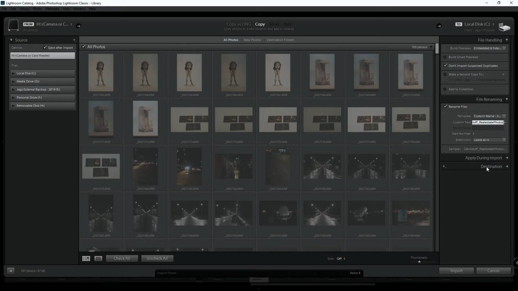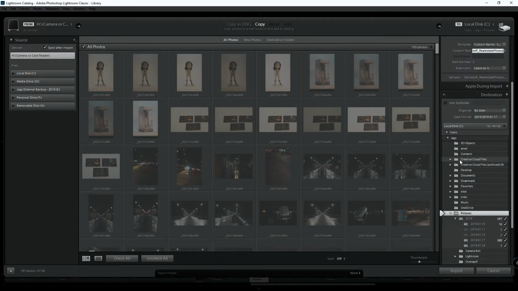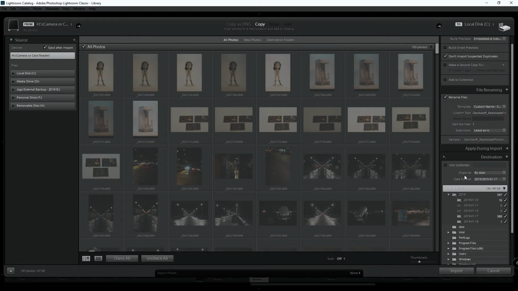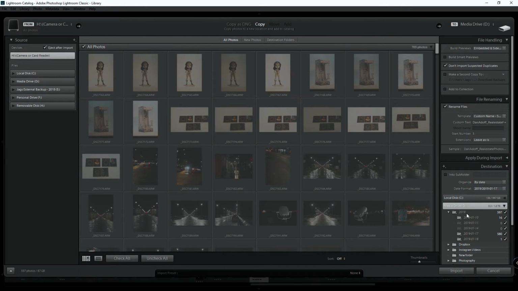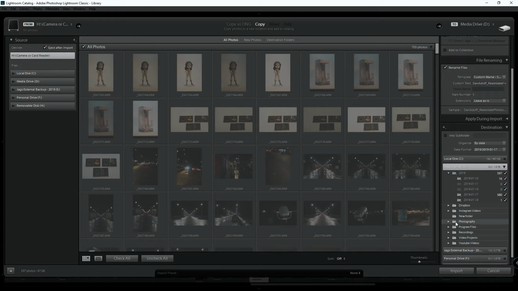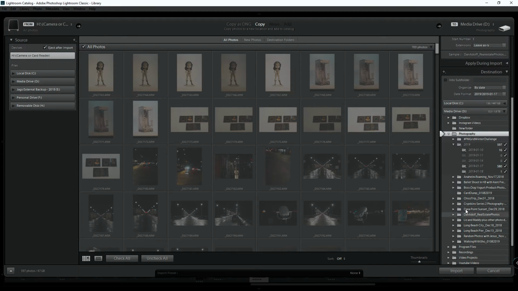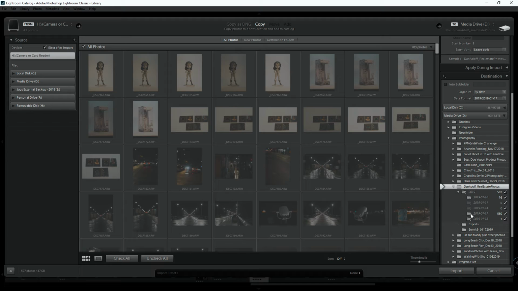We can go down to this destination section here, and from here we can look at all of our hard drives. So I have my local disk C. I don't want to look at that because that is my operating system hard drive, but I have my media drive here and I have some space, and I know I want this to live here. I go into photography and I go into the folder I already made in here, Dan Adolf real estate photos,